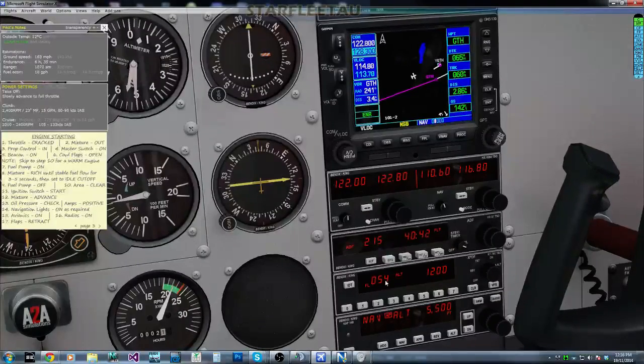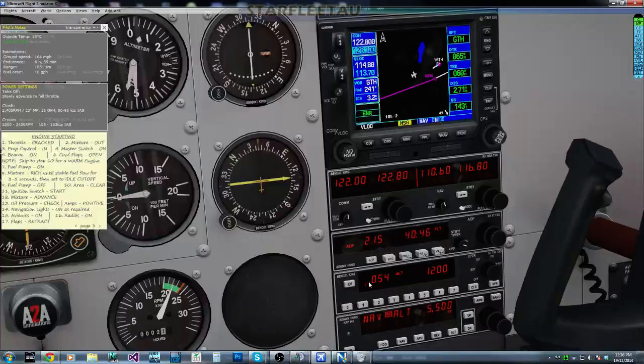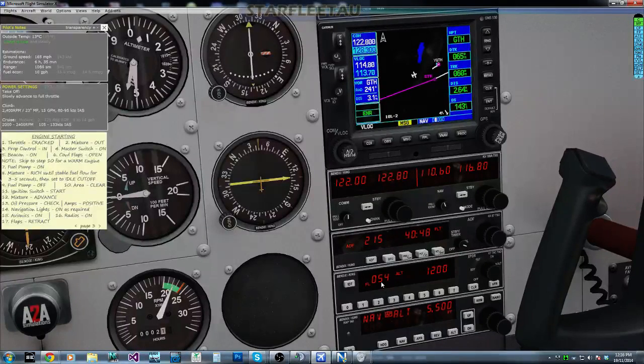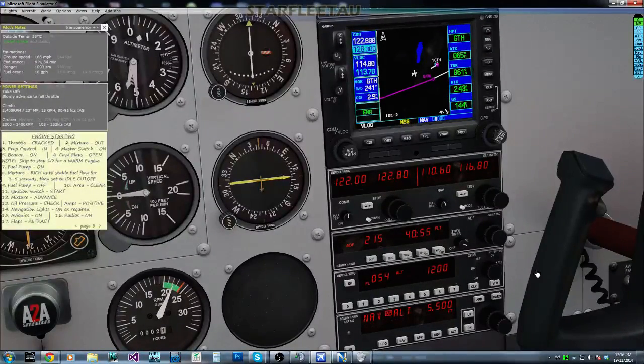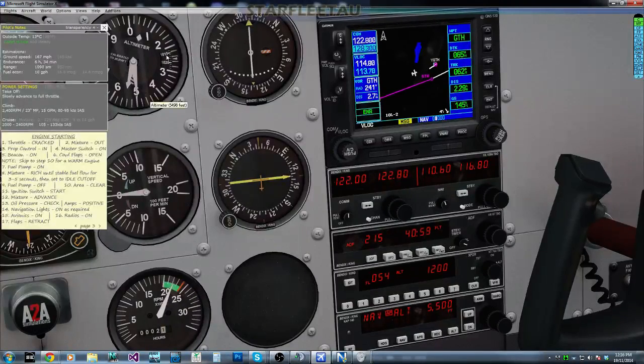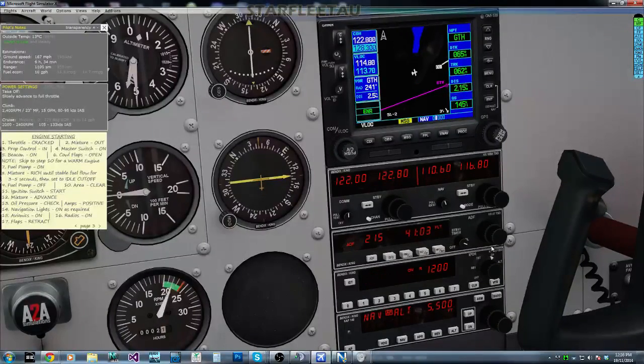So in alternate we can see what it is actually transponding to ATC. It's showing our flight level at 054, because we're just slightly below 55, and it's also giving the transponder